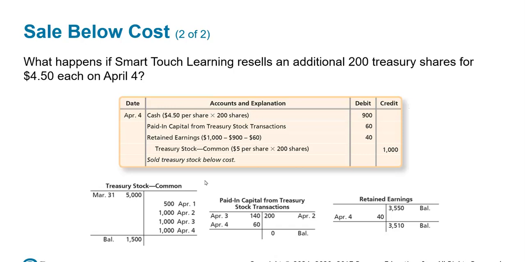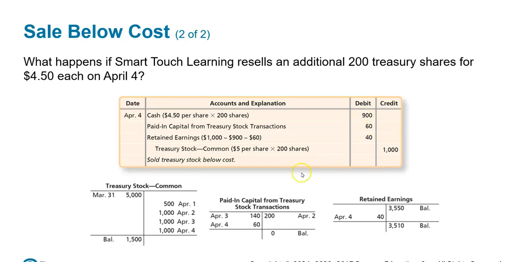And then what happens if Smart Touch Learning sells an additional 200 shares of Treasury stock for $4.50 each on April 1st. So again, we sold it at a discount again. We'll be issuing the Treasury stock at $5 per share times 200 shares, $1,000. Okay. The cash, $4.50 times the 200 shares, comes out to $900. Okay. We sold it out at a discount, so we have to take the balance, what would be owed, which